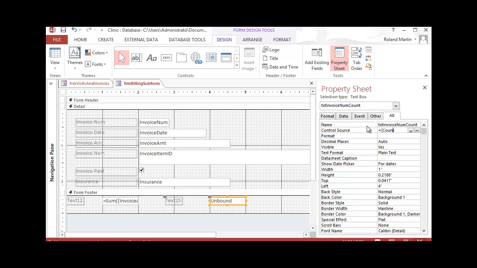Don't really want that there. Okay, now that we've got our count expression,